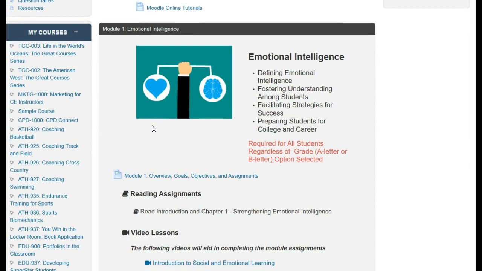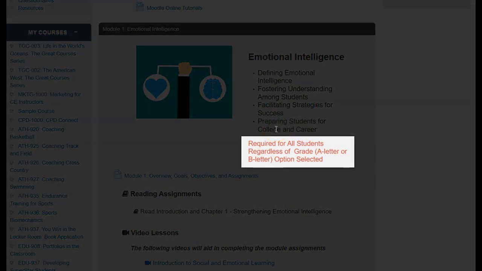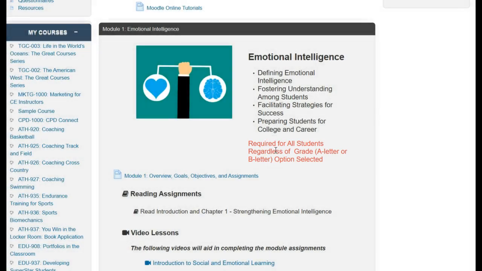Okay, there are 7 modules in this course. And if you notice right here, this first module, first of the 7, is required of all students. Both the first and the 7th module are required. If you're just looking for a B, you don't want to do as much work, or there are some parts of the course that don't interest you, you can still do the first and the 7th module, but then of the middle 5 modules, you can choose any 3 of those to do, whatever suits your needs and interests the most.